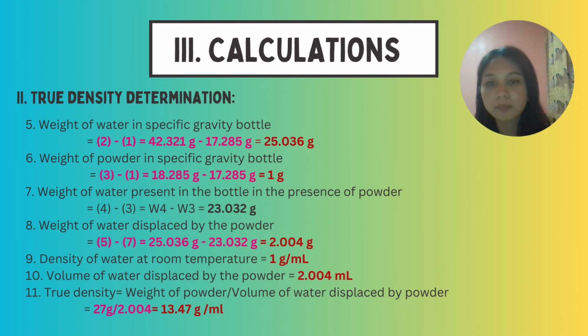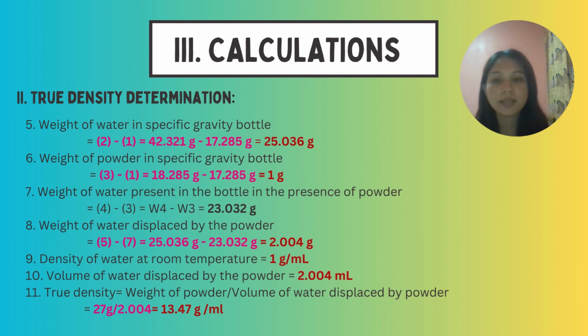Then for the weight of powder in the specific gravity bottle, we subtracted W1 from W3, which have the value of 18.285 grams minus 17.285 grams, which equals 1. Then for the weight of water present in the bottle in the presence of powder, we subtracted W3 from W4, which have the total of